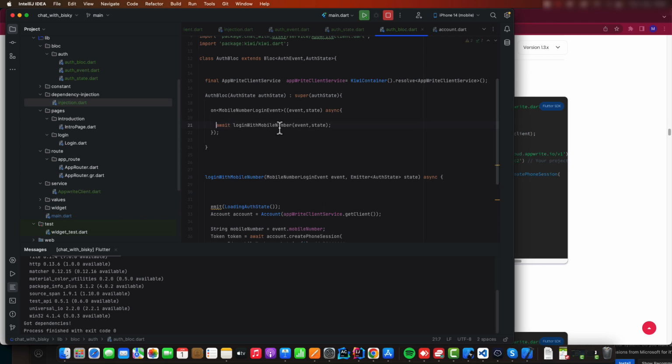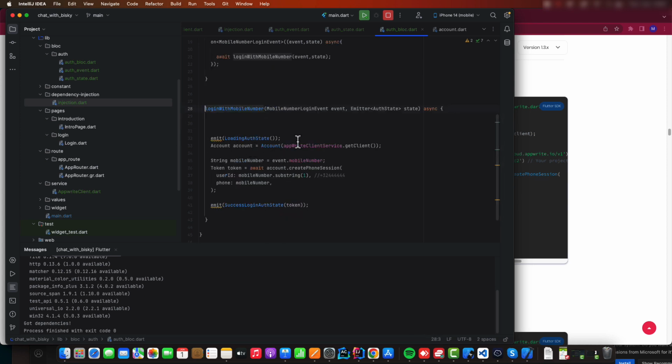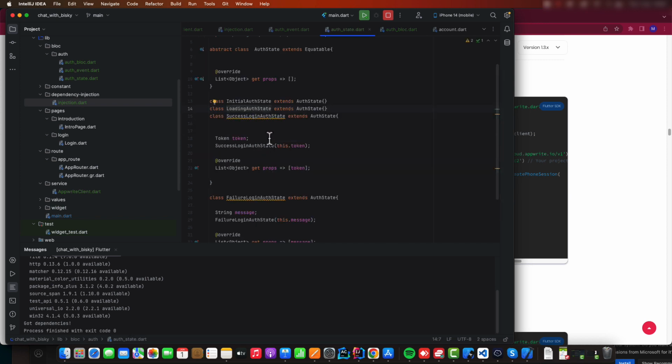So this is the event. When we use Bloc to call this, this Bloc will be listening to any event of this thing. When this event is fired, it will call this method, and in this method it will call a state for loading auth state. Then after that,